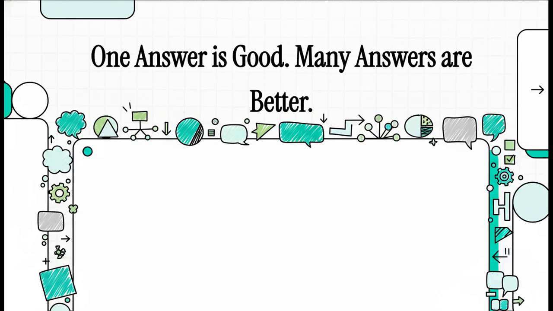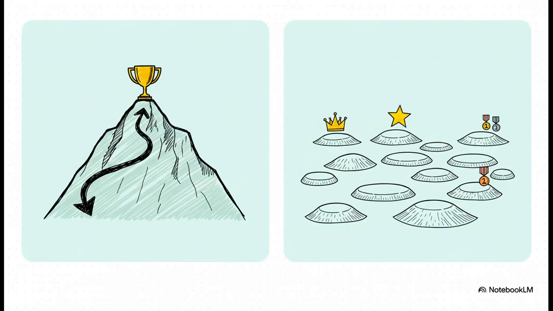You know, when we ask an AI to solve a problem, we usually expect it to go find the one single best answer, right? But what if that's not really what we want? What if, instead of just one perfect solution, we could get a whole collection of different, really high-quality answers? So traditional optimization is kind of like climbing a mountain just to find the single highest peak. But this really fascinating new approach called quality diversity, or QD for short, completely changes the goal.